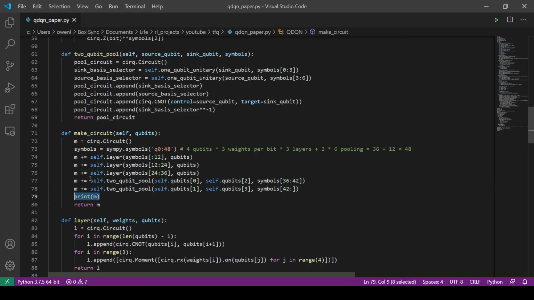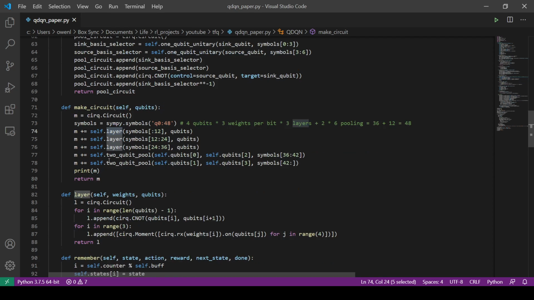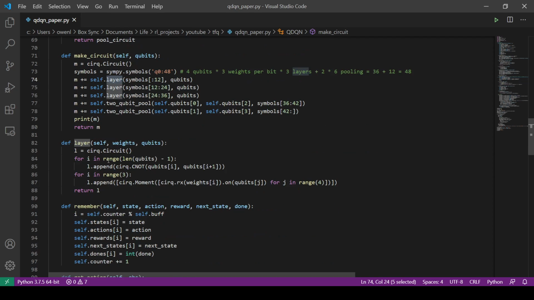And so to look at each layer, we can see it's pretty simple. All we do is apply CZ gates to every single pair of qubits. And so we can see that for 4 qubits, this results in 3